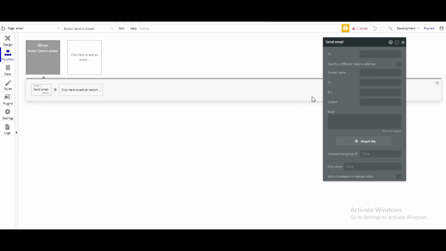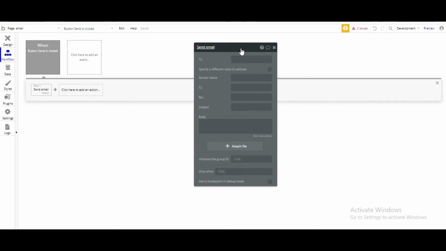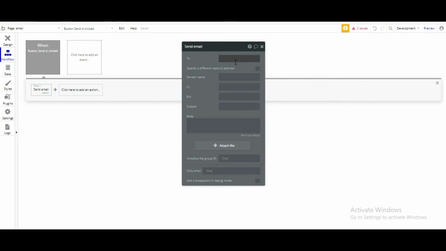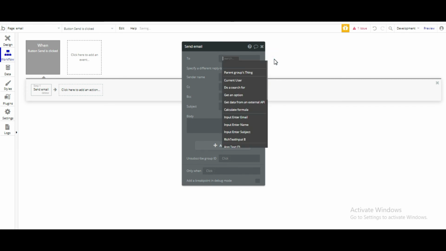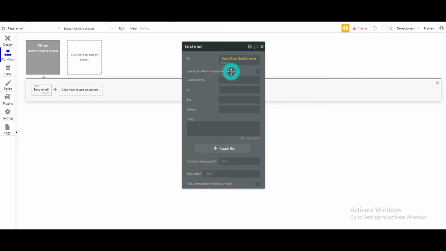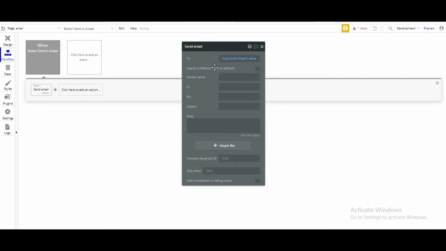Send email. Now here comes the send email element box. In this too we'll write the email ID of the person to whom we are sending the message. So for that we'll insert the dynamic data, input enter email's value. Sender's name, you can write your name.